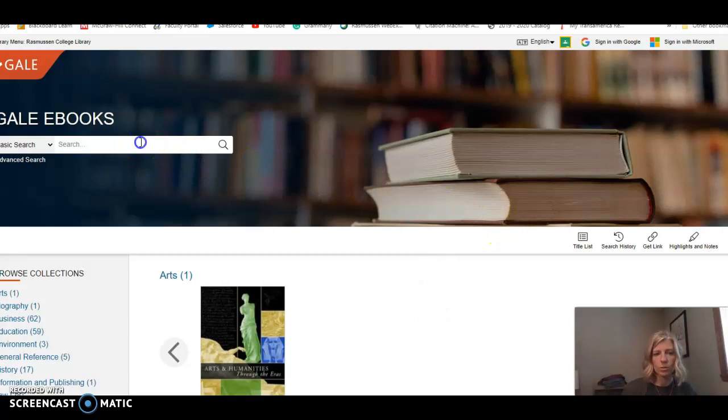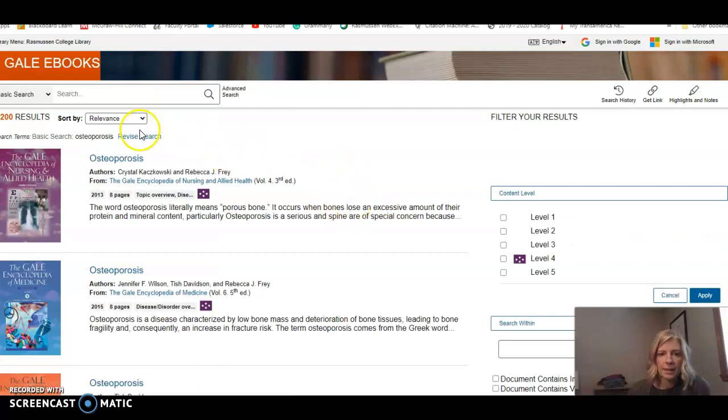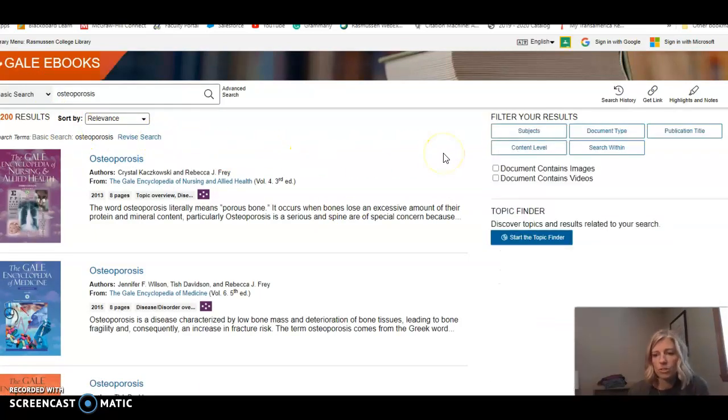So it's going to bring you to this page where you can search on osteoporosis. So I'm going to search osteoporosis, and I'm going to see what it brings up for me. And it has 1,200 results, so plenty of information to write your paper. I'm going to click on this first link and just show you